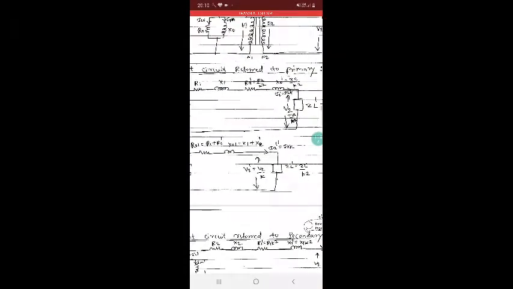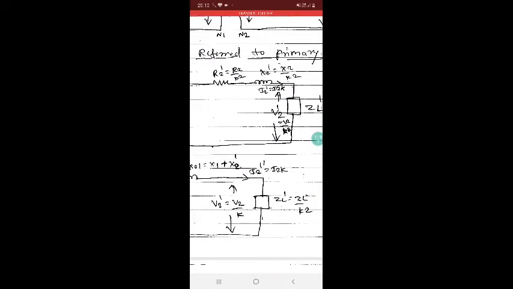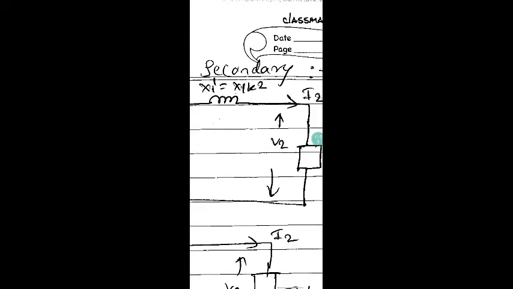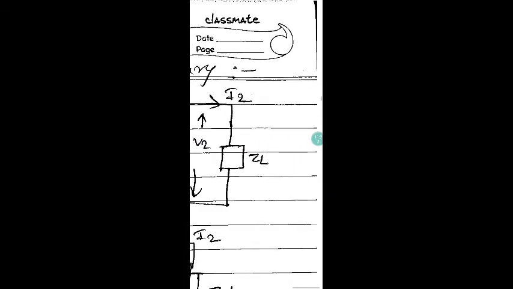Now see here, equivalent circuit referred to primary: here you have divided by K square. And equivalent circuit referred to secondary, in which you have to multiply by K square. You have to multiply these R1, X1 values by K square. R1 dash is R1 into K square. X1 dash is X1 into K square. Okay, you have to multiply them. This is about the equivalent circuit of the transformer. Next,